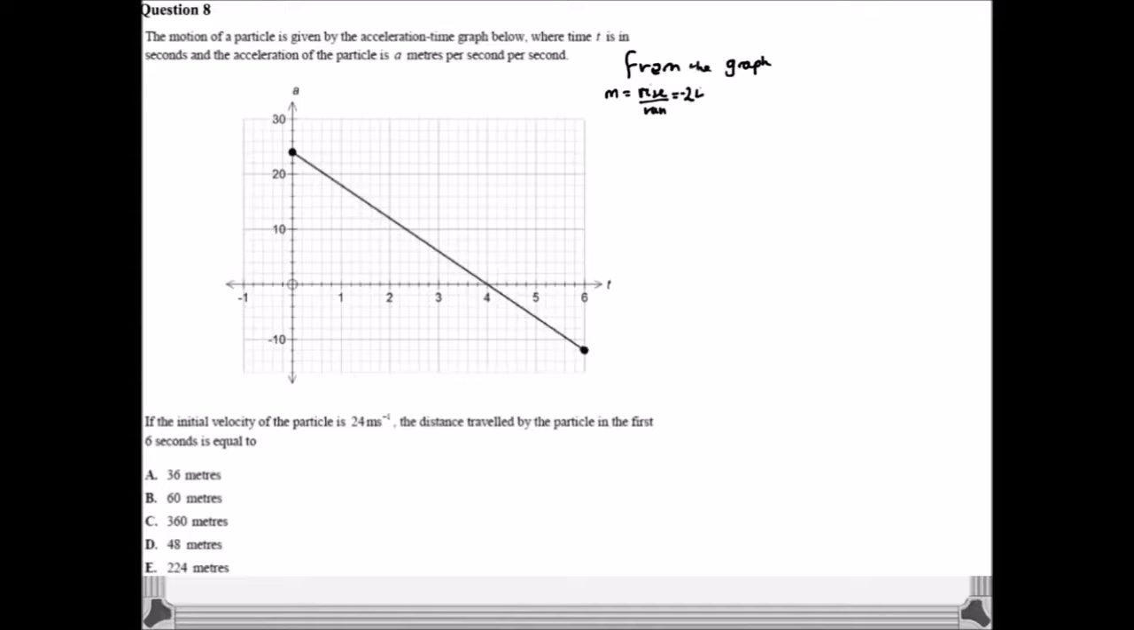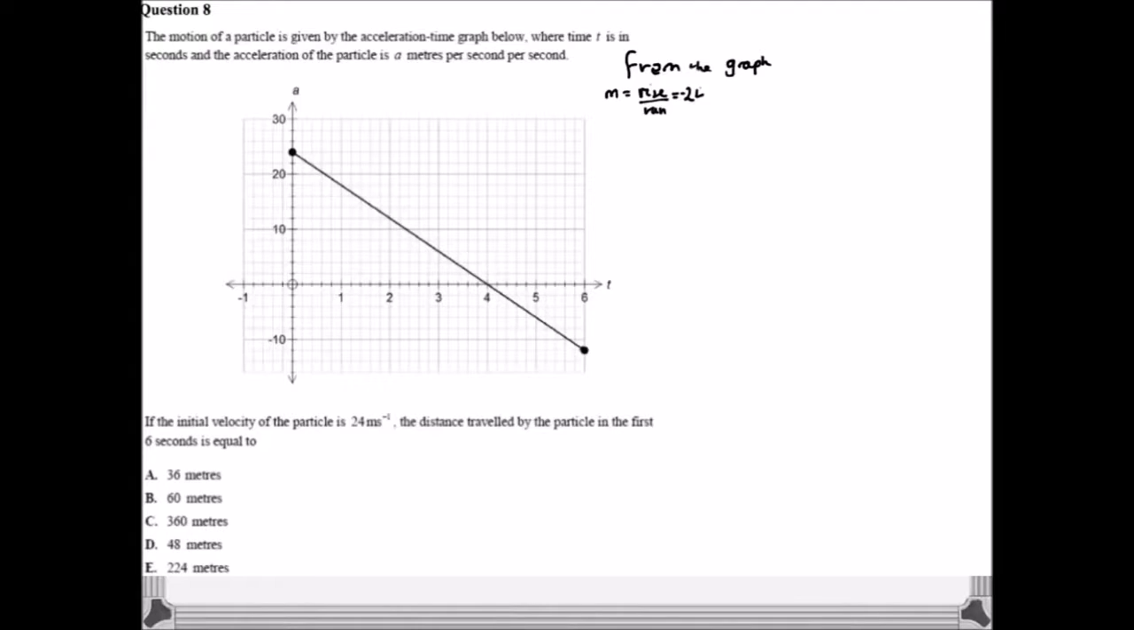Now from that, it says in the question, if the initial velocity of the particle is 24 meters per second, the distance traveled by the particle in the first 6 seconds is equal to. So we have to work out distance starting with an acceleration time graph. Now that doesn't seem to be straightforward, because normally